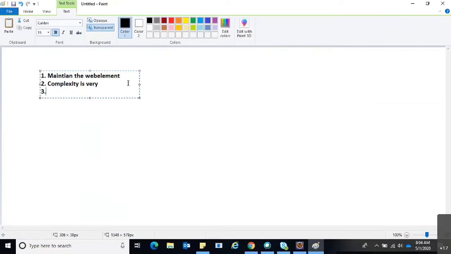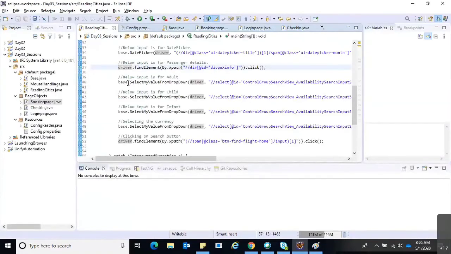If you know QTP, we have a repository in which we save all the details. It is a repository where we can save all the web element details. Mainly, we can maintain things better by using the page object model. Maintainability is good. Yeah, okay, thank you.